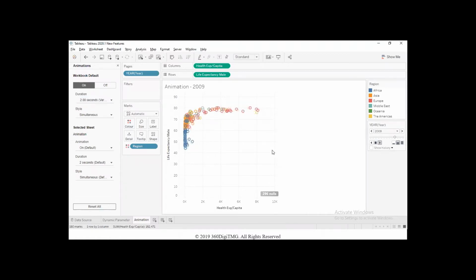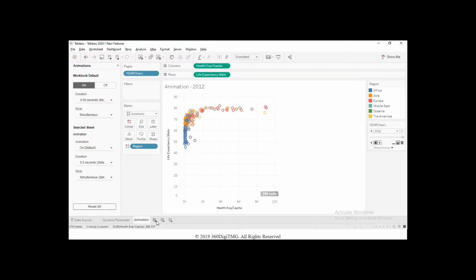Now, people who used to almost immediately get the data points for the next year, this is a very slow transition that is happening. So you'll have to be judicious in your decision of setting up the duration for the animation, depending on the chart that you create. Now this I think is fine. Half a second transition is fine. And motion charts in general we create only when we are going to be there in person to explain the chart, or when we're giving a presentation to the client, and these come in very handy. On top of that, if we activate the animation feature, then it will just bring in more interest.